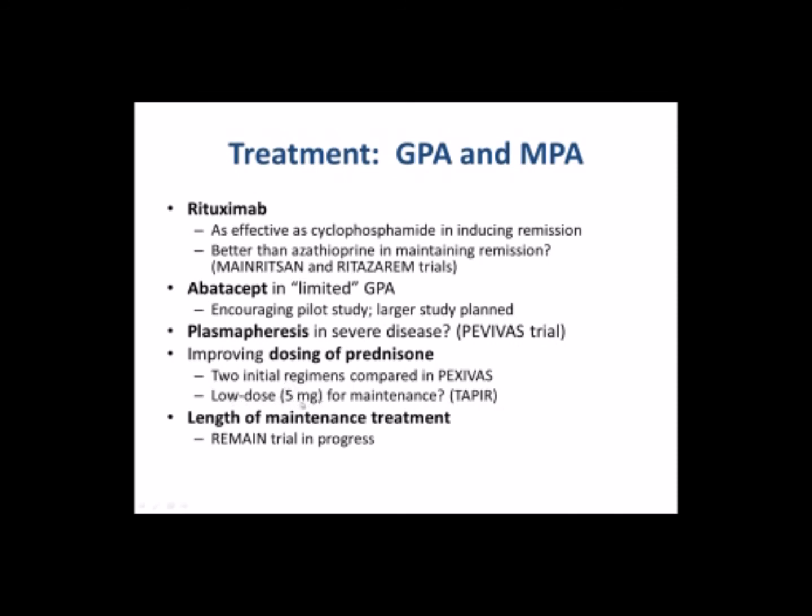The other thing, a really important study that I'm involved in, as simple as it is, has never been looked at: just leaving somebody on 5 milligrams of prednisone versus having them come off it about 6 months after they start treatment. Is that going to actually make a difference in preventing flares? And then another big trial in Europe, as you can imagine, takes a while to do because it's the length of treatment. That's a trial in progress, but we hope to have the answer in a year. If you just routinely put somebody on maintenance treatment for 5 years, is that better than just doing a year and a half, which is kind of our standard?